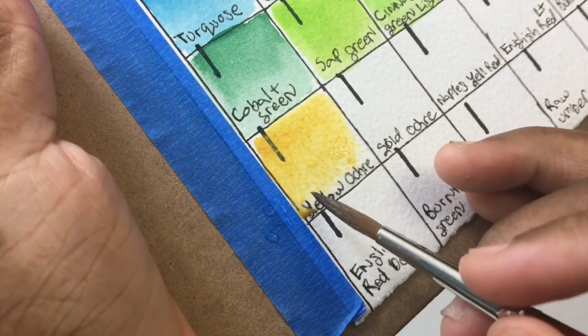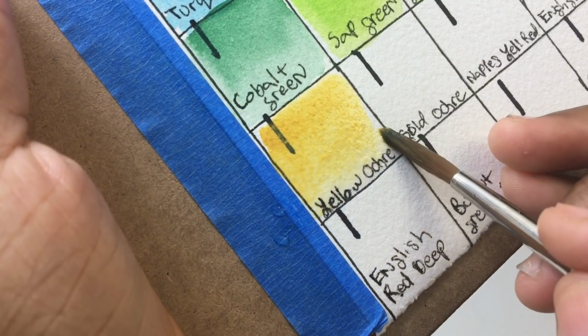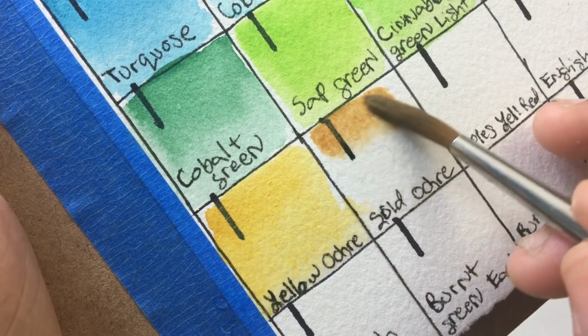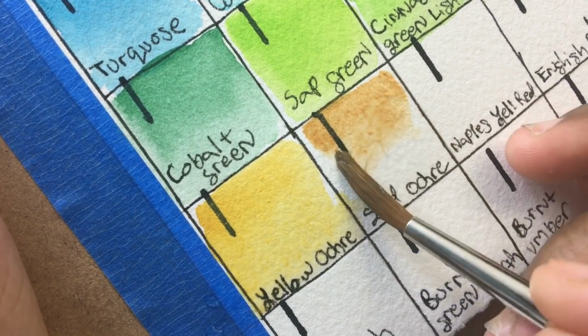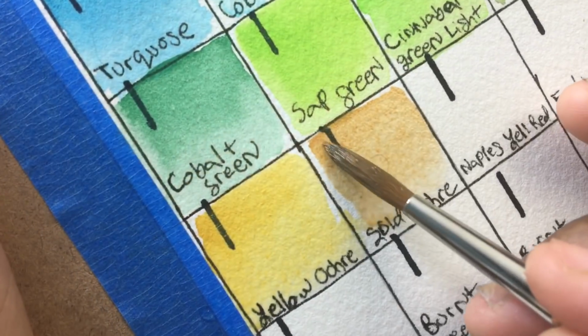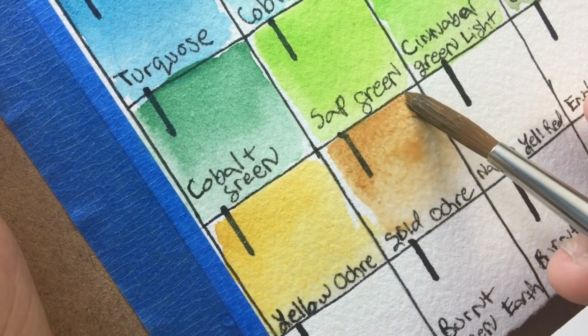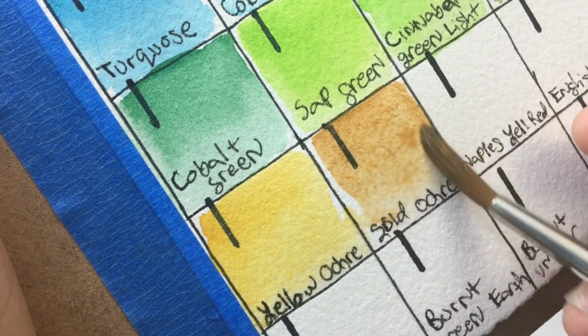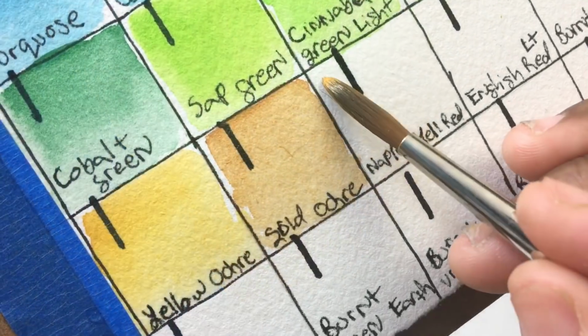PY42. And I was really loving this yellow ochre. This is a really good yellow ochre. If you're looking for a yellow ochre, but you want one that's more transparent than the traditional yellow ochres, and this is definitely more transparent than almost all the other yellow ochres that I have. This is gold ochre, which is PY42, PR101,